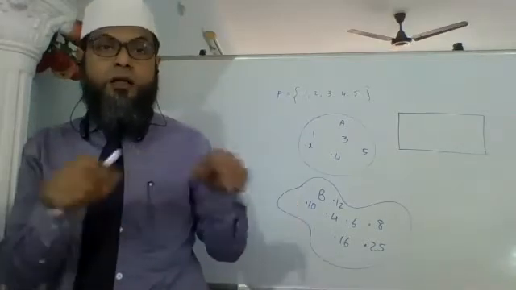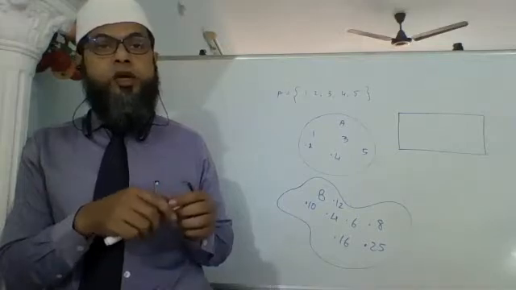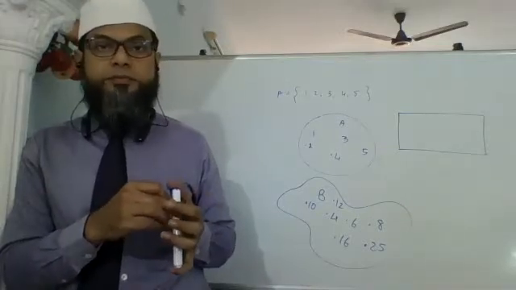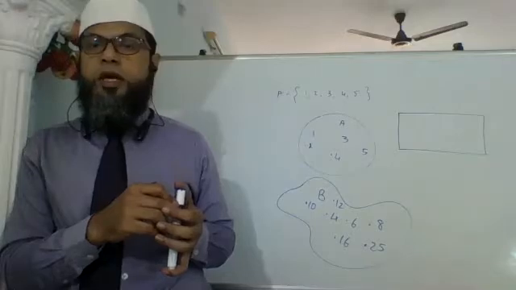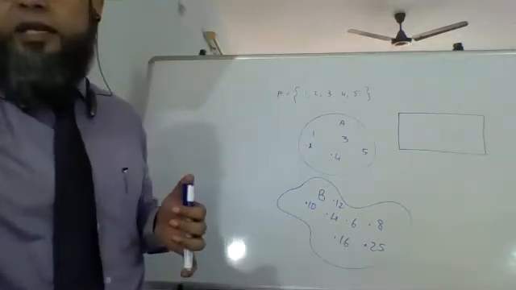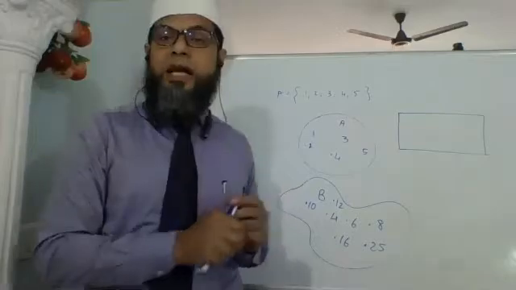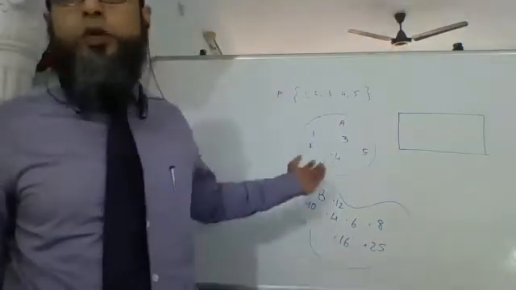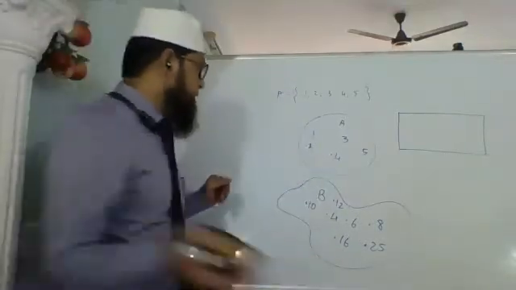Or pizza, जो slice आता है pizza का, isn't it? That is also a part of that full pizza. So that would be the set. Okay, the full thing would be the set. The small thing would be the subset. उसका जो part है that will be the subset. So how do we understand that in terms of sets? Let's understand. Let's say